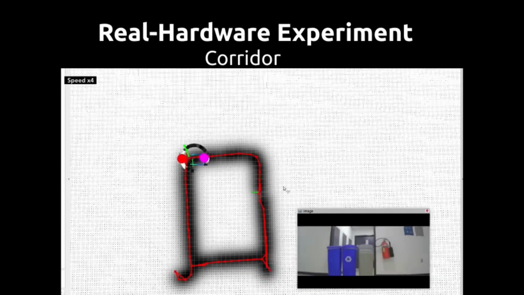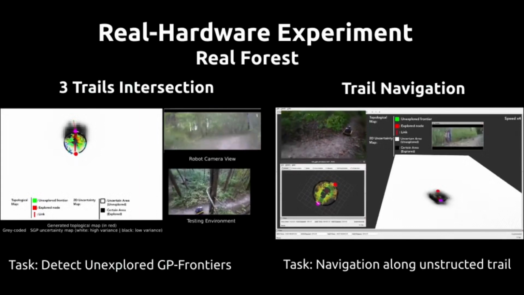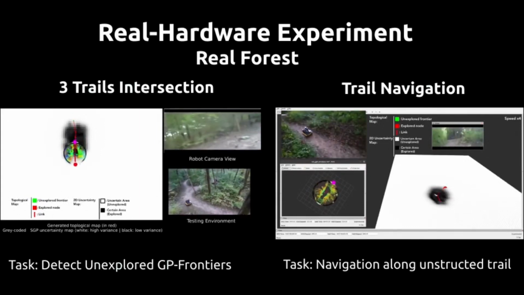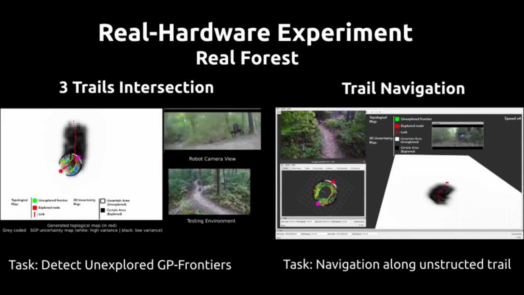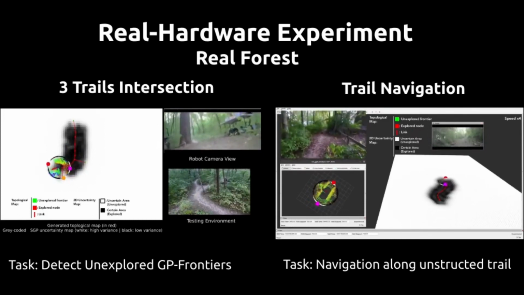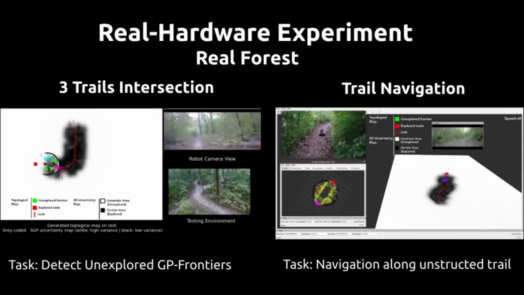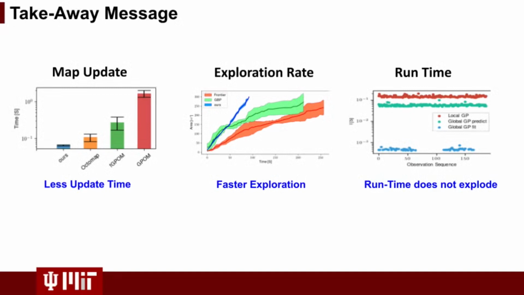Finally, we validated our approach in a real unstructured forest, where the robot was able to navigate using only the local perception, to detect the correct frontiers at a trail intersection, and to construct the metric topological map in real time. In conclusion, our approach requires less time to update the global exploration map and explores the environment faster than the baseline